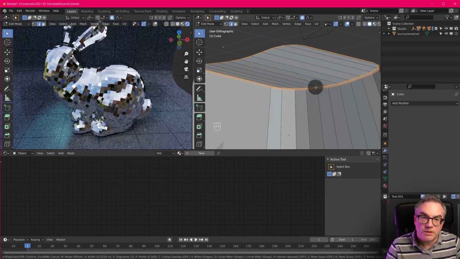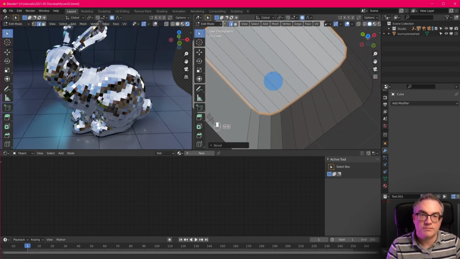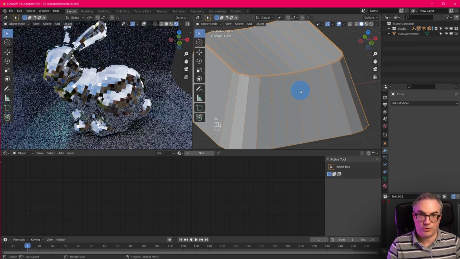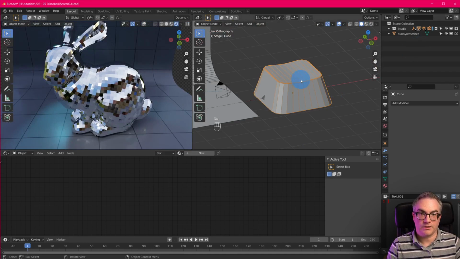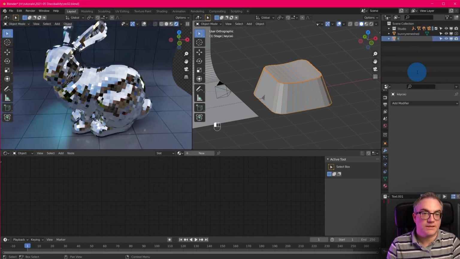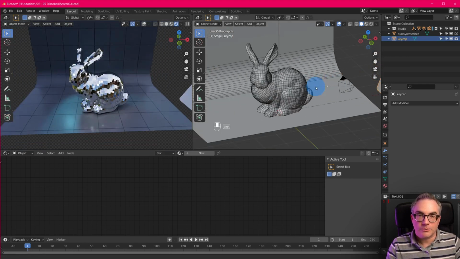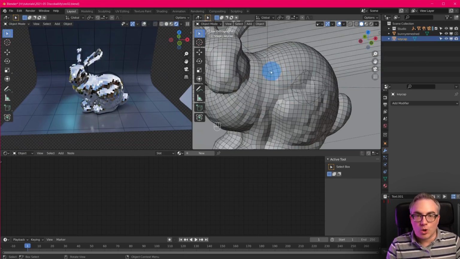Tiny bevel like this. Yeah, whatever, doesn't have to be perfect. So this is going to be my keycap. Let's move it to the scene collection, call it KeyCap. Okay, that's that. Now, how do we place this keycap onto all of these